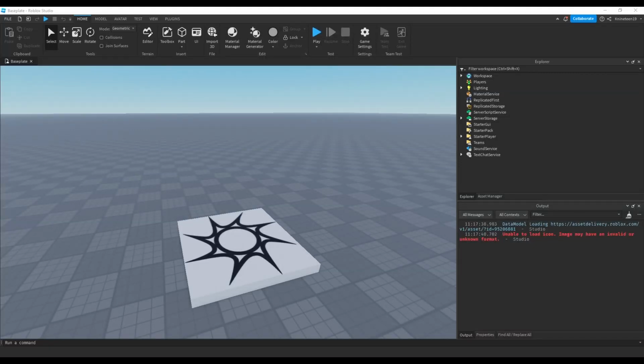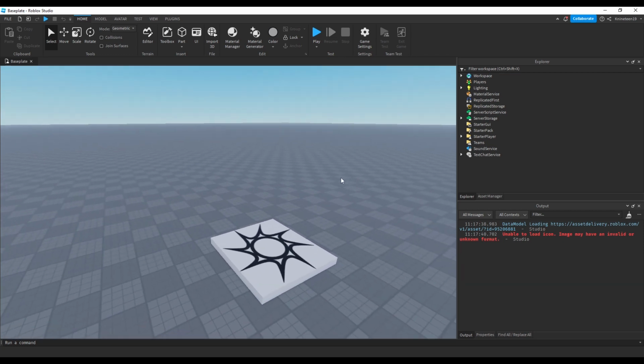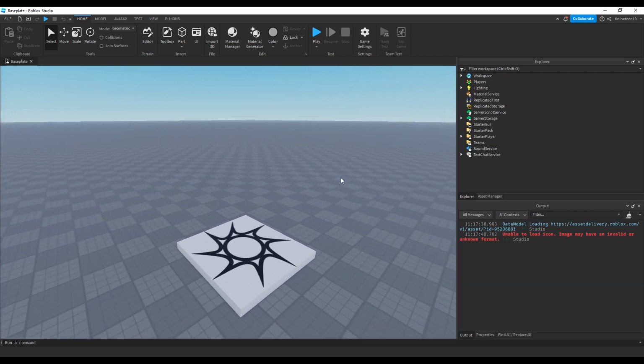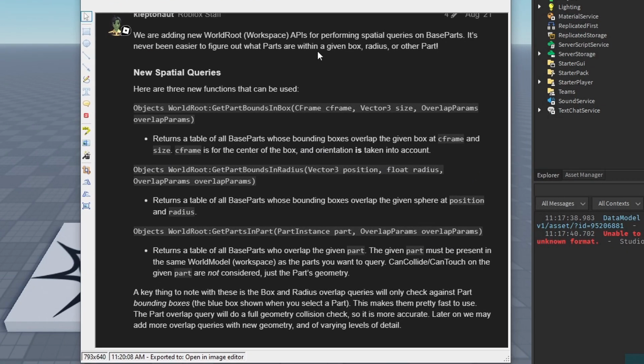As per request, this video will be all about Spatial Query and OverlapParams, which were added to Roblox around 2 years ago and are extremely useful for basic hitbox detection without having to get all complicated with things like the .Touched event or arraycasts. Spatial Query API provides three main functions, all of which are called on the workspace object: